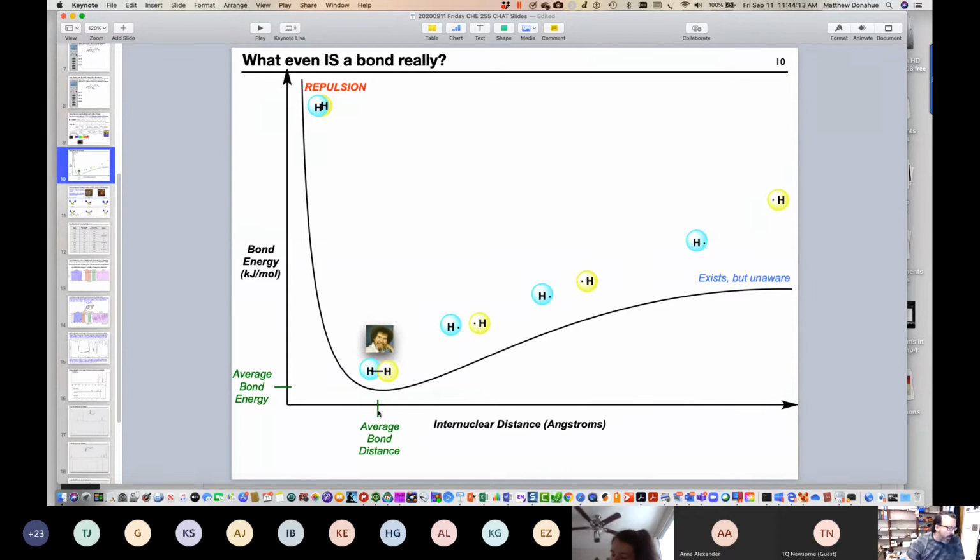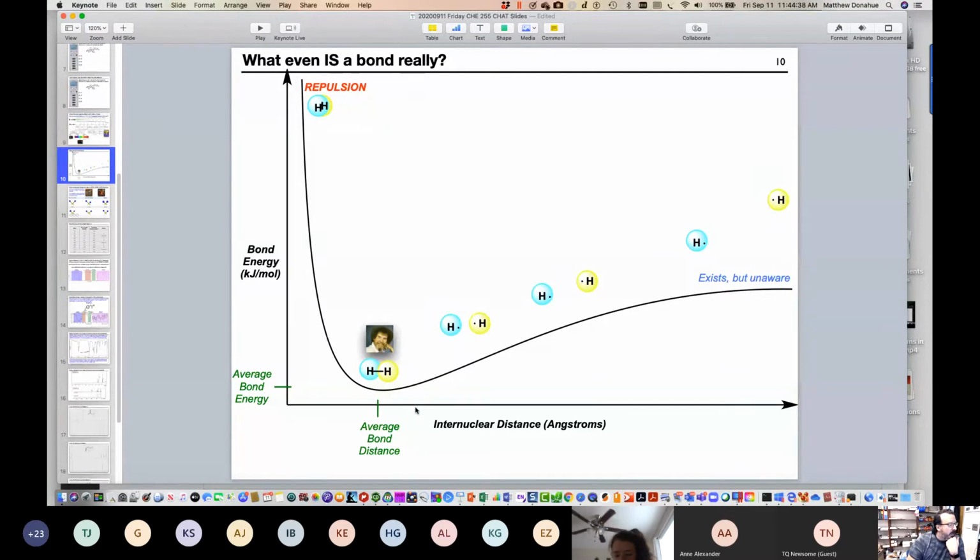And so if we go up from average bond distance, then we go over to the y-axis to the left here. That's the bond energy. So those things are living apart. They come together to form a relationship. They have a distance between them. In that bond now, there is an energy to that bond. So it's a happy place.